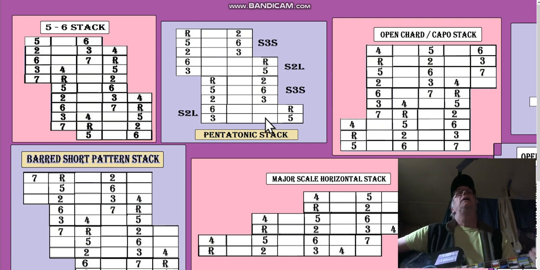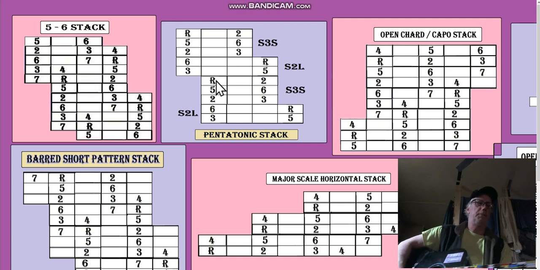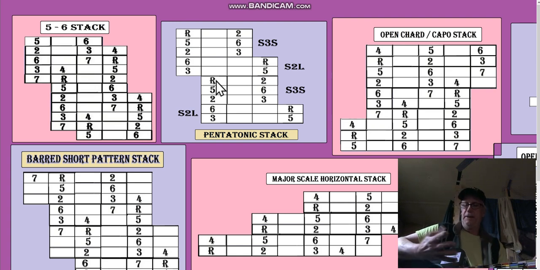Now, the thing is, if I was to start, let's say, on the 6 here, instead of starting on the 3, if I started on the 3, that would be a C-shaped deal, because you can see the C shape in guitar is the root, the 3rd, the 5th, and the root. Right there. When you play an open C,